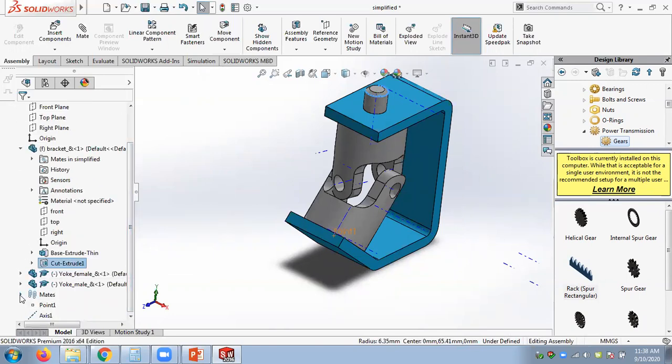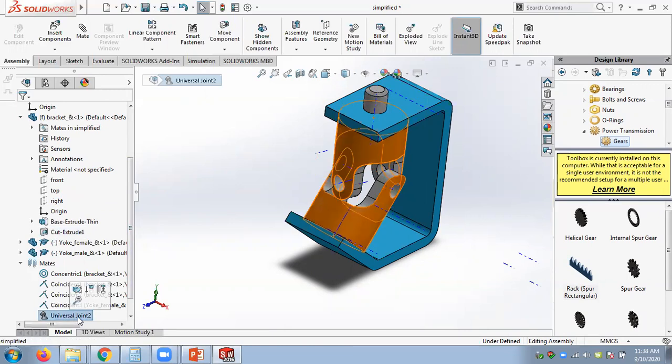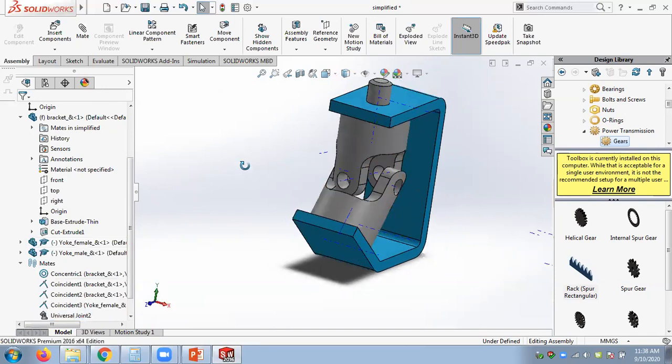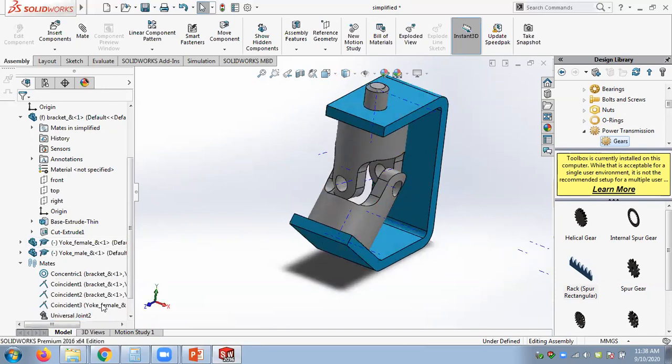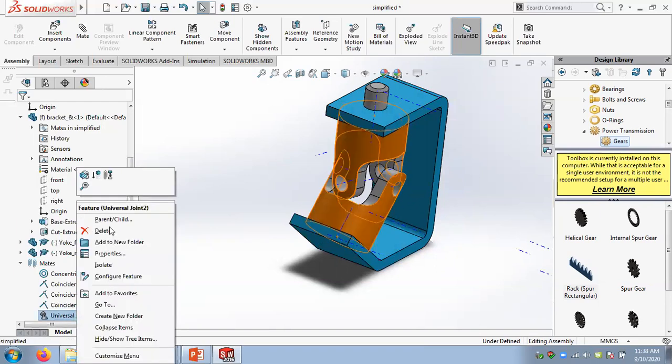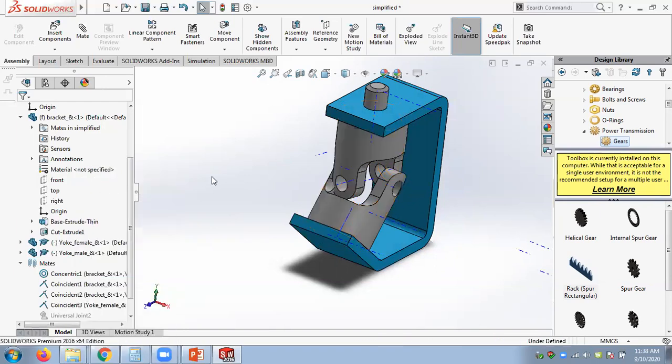it's the universal joint mate. So we can do it very quickly. Otherwise, if I use traditional things, you have to do a lot of other work. That's what they have done in the file I imported from the internet. So how can I do this kind of thing? That's our question. If you delete or suppress this universal joint,